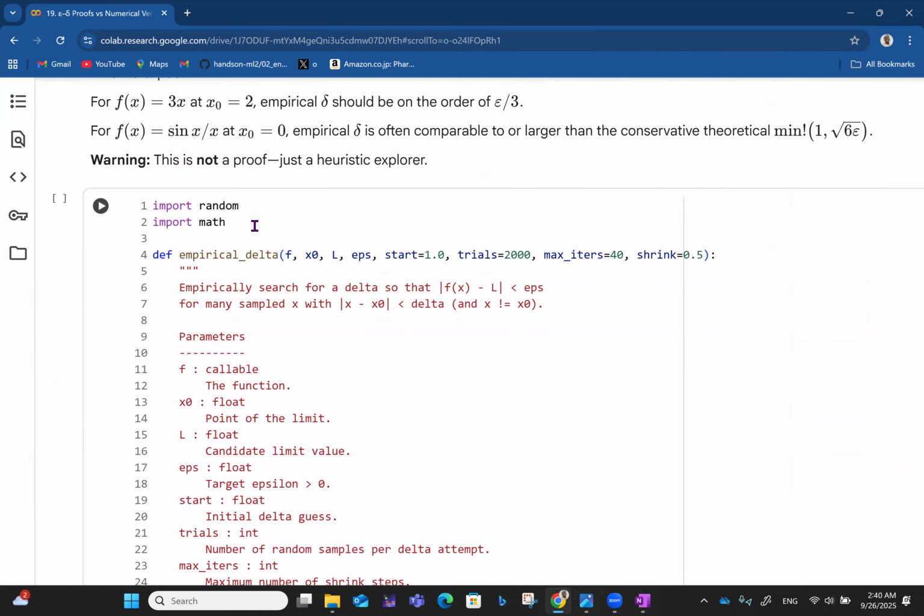Again, we use those two libraries, random and math, and we define a function, empirical delta, with f, x naught, L, epsilon, then start 1.0, trials 2000, maximum iterations 40, shrink 0.5. So we keep shrinking until we get what we need. Empirically search for a delta. So we're looking for delta so that absolute value of f of x minus L is less than epsilon for many sampled x with absolute value of x minus x naught less than delta, and x is not equal to